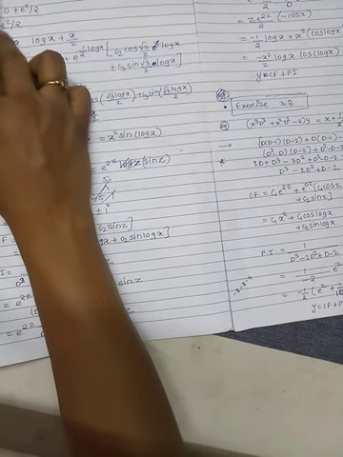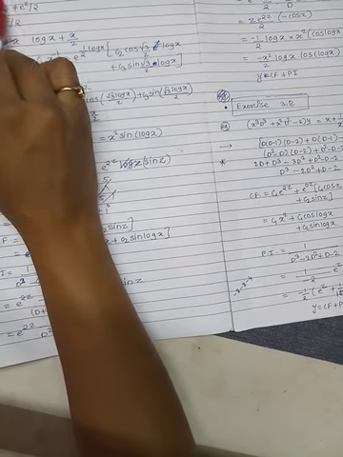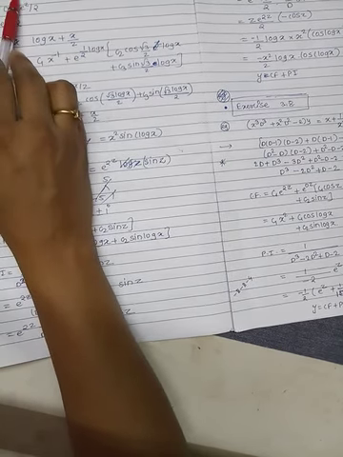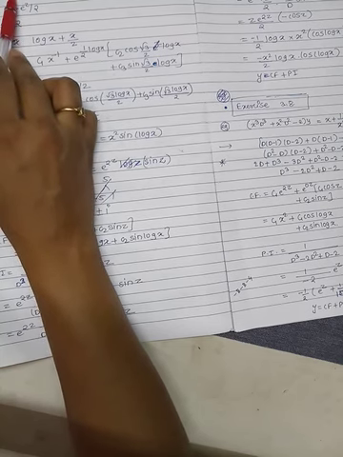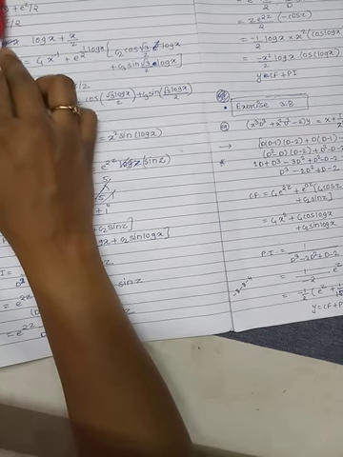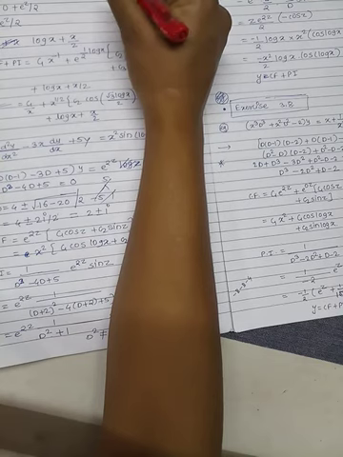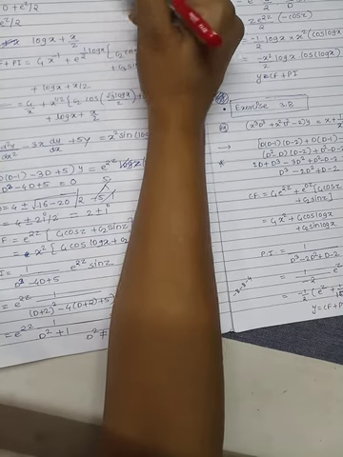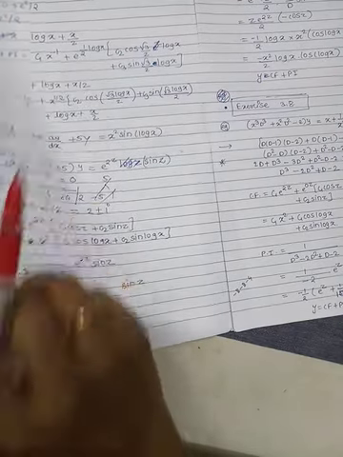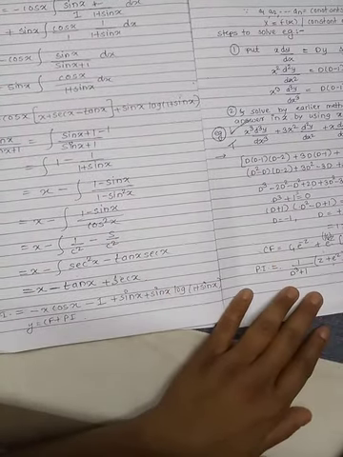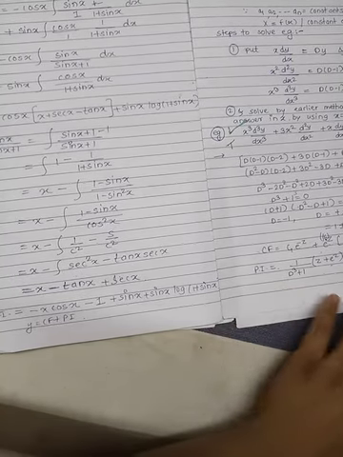So 1 minus x, here x is D cube, and outside the bracket is z, so multiply by z. So 1 into z is z, minus D cube of z, meaning the third derivative of z. With respect to z we have to take the derivative, so D cube of z is 0 because only the first derivative exists. The first derivative of z is 1, the second derivative is 0, the third derivative is 0. So this remains only z.